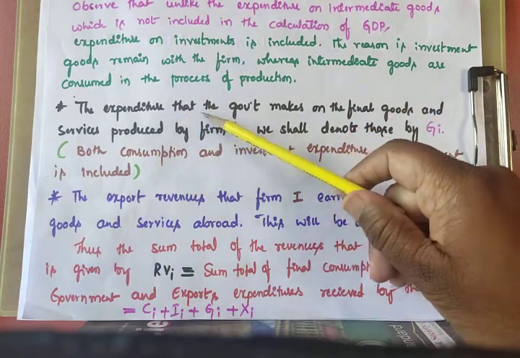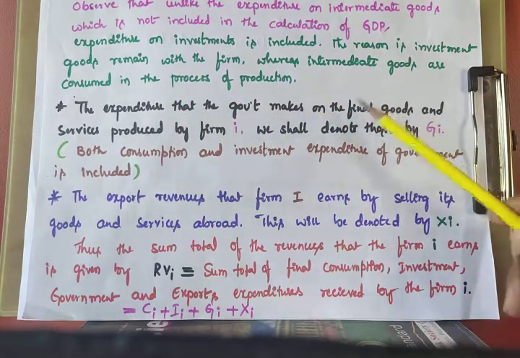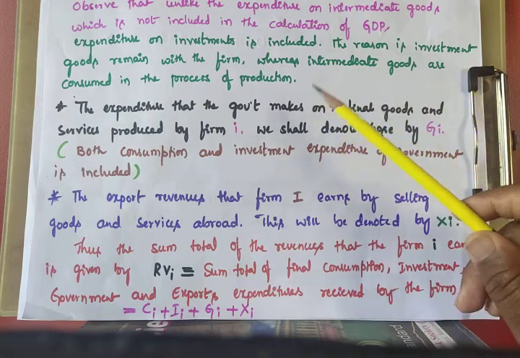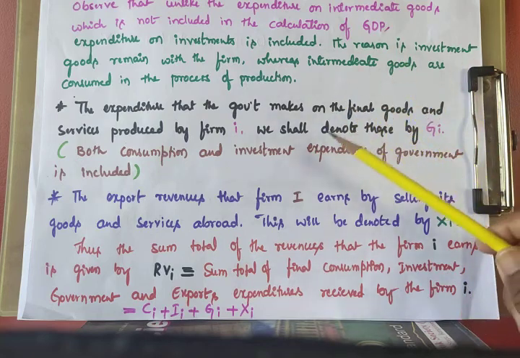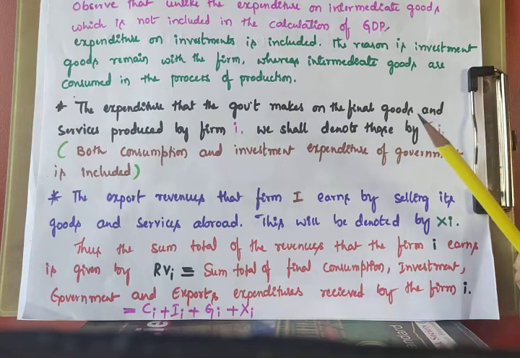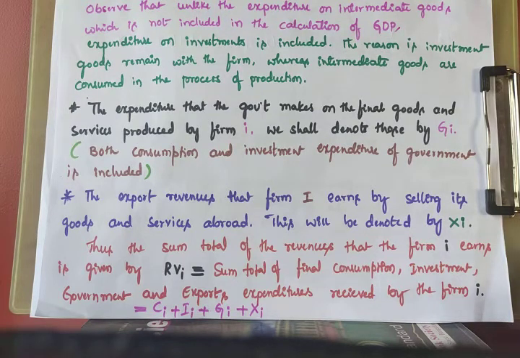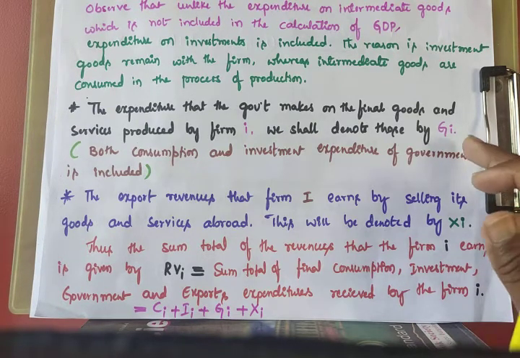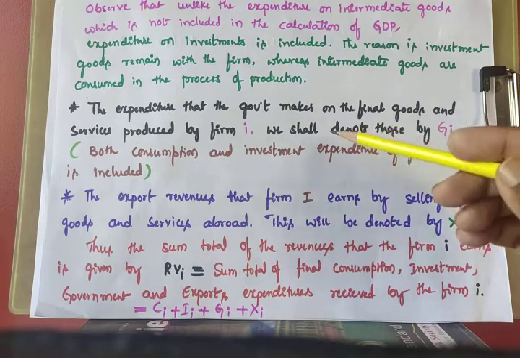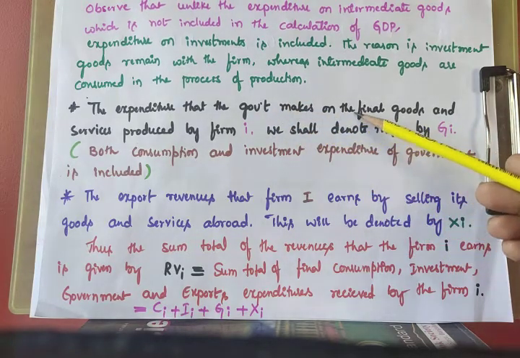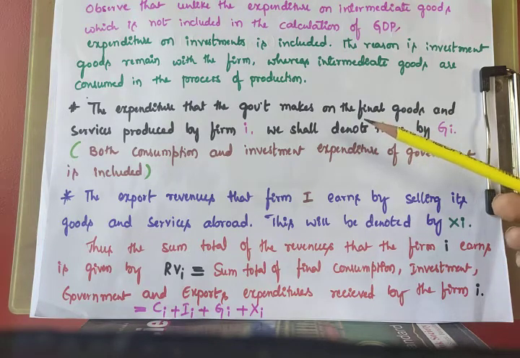See, the expenditure that the government makes on the final goods. We are discussing G, because to calculate national income under the expenditure method, we need GDP equals C plus I plus G plus net X. GDP equals C plus I plus G plus net X. I already explained C, the consumption expenditure done by the private sector, and I, investment expenditure done by the private sector. Here we are discussing GI, that is the expenditure that the government makes on the final goods and services